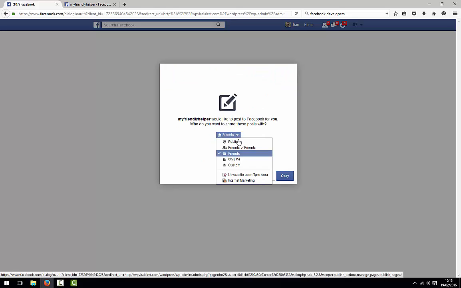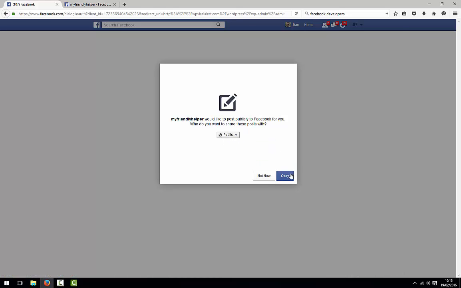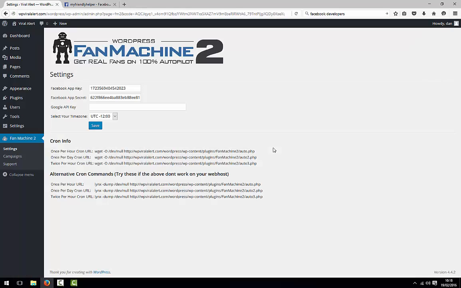And then we want to share all of our posts with the public. We need to make sure you click this option, otherwise, only people who are friends with you on Facebook will like it. So you need to click public so everyone can see the posts made by the app. Click OK. Then click OK here again. And then it should just auth that, so give it a little second, and then it's gone back to the Fan Machine 2